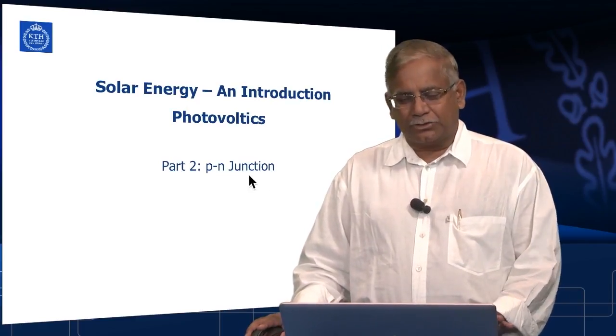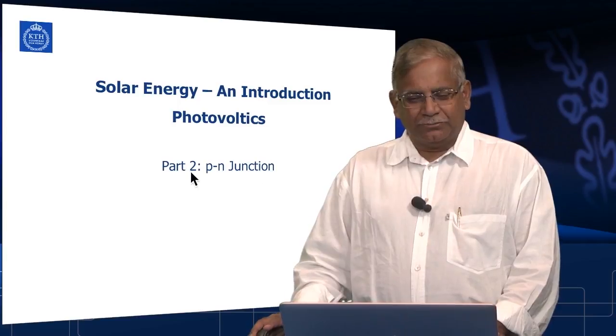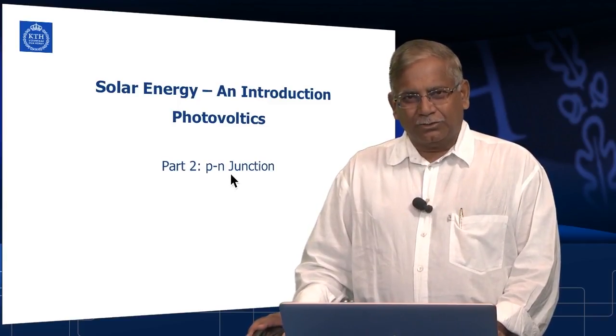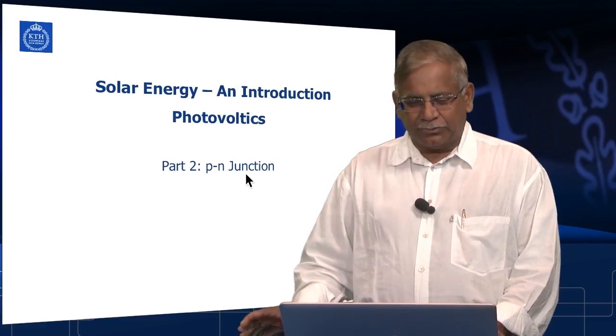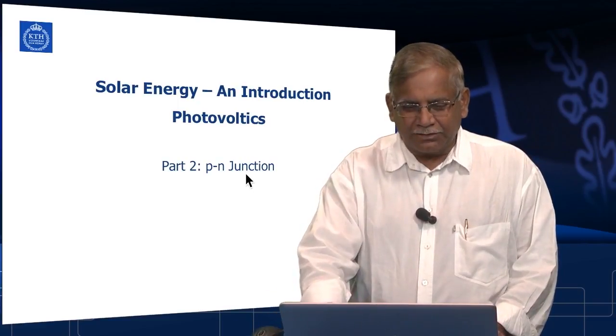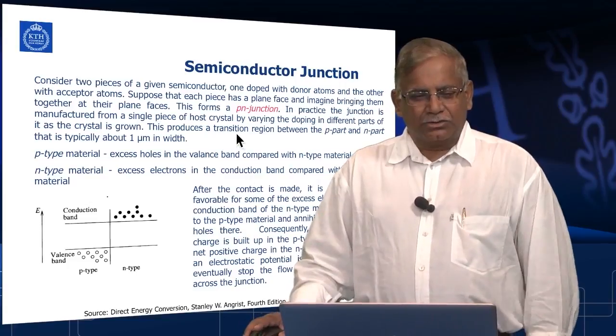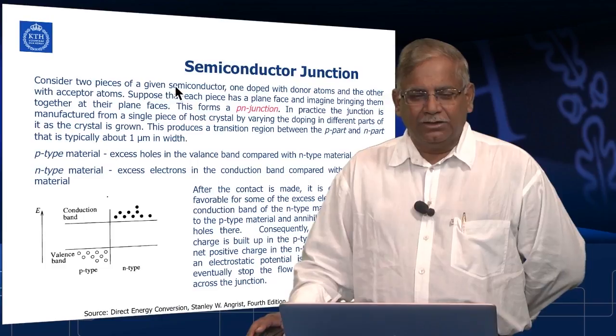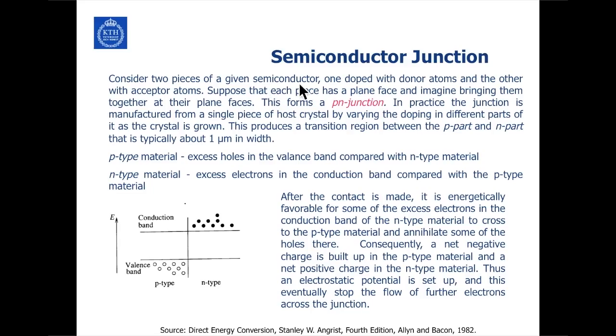So that is what we are going to talk about, the behavior of the P-N junction when it is hit with photons. That means when we take a P-N junction and expose it to solar radiation, we want to know how much electricity we are going to get out of it, and that is what we will talk about in this section. So we essentially take two pieces of semiconductor metal, one doped with donor atoms, another doped with acceptor atoms, and now we bring these two together in their plane faces,